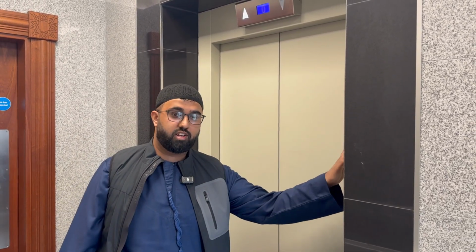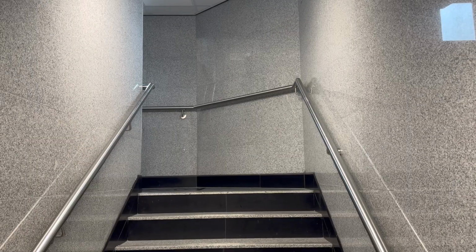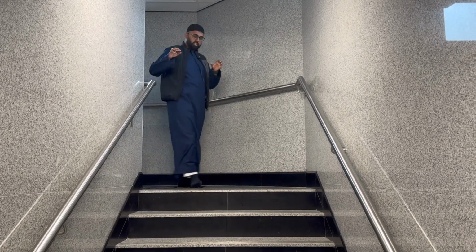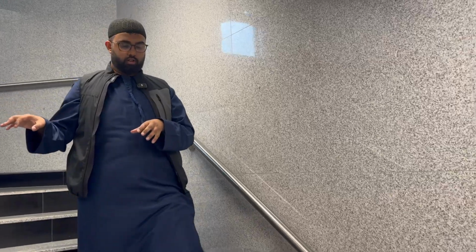And again, when people make large masjids, they always think, yep, everybody can walk upstairs, the elderly community come, people with disabilities come. And so one of the dilemmas you have is not having a lift facility. So alhamdulillah, they've got that here as well. So where we're walking downstairs now, inshallah, is towards the kitchens and also the ground floor, basement, lower floor basically,